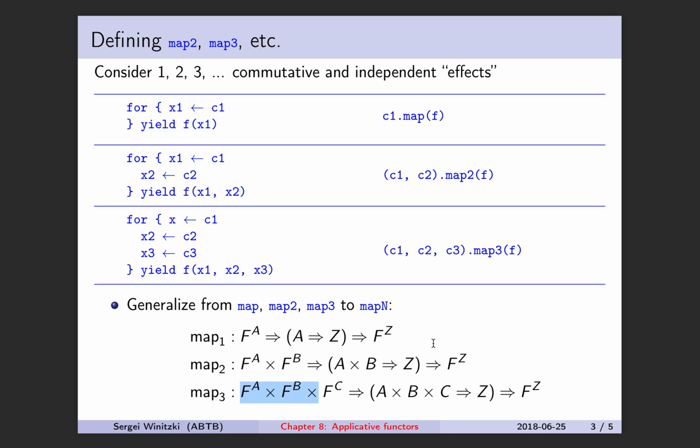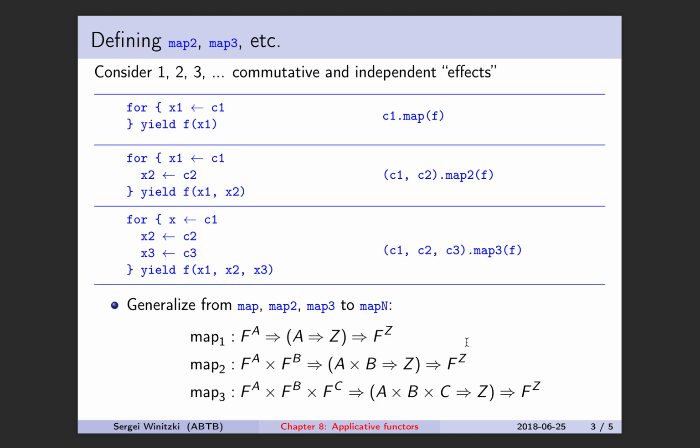You don't need to have separate definitions for all the other maps. You can define mapN, taking a list of these, it's easy, once you have map1 and map2. We will not dwell on it in this tutorial. That's the subject of the next tutorial,